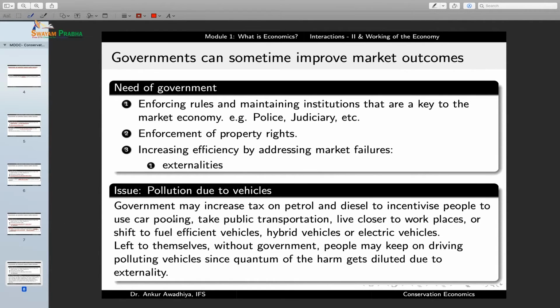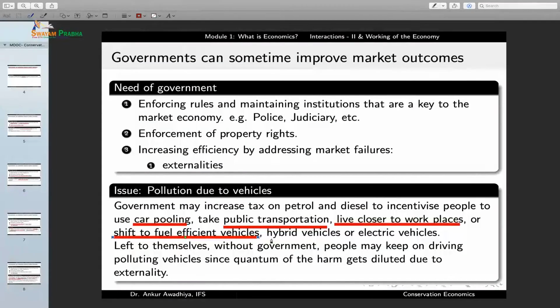And what will be that something? It may incentivize people to use carpooling. So because the cost of transportation has increased, people would say, okay, four of us are going to the same location. Why don't we use just one car? Or it may incentivize people to take public transportation because the cost of using your own vehicle has increased. So there would be a certain section of the society who would ditch their vehicles and move towards public transportation. Or it may incentivize people to live closer to the workplaces so that they do not have to buy such a large amount of petrol or diesel, or to shift to fuel efficient vehicles,